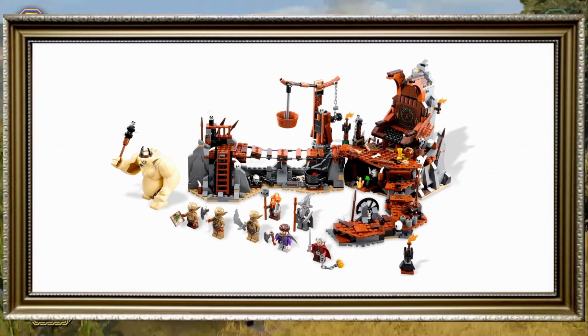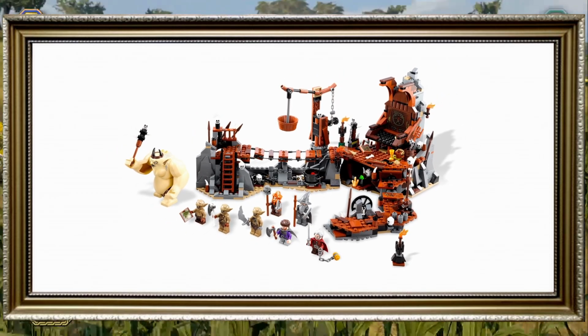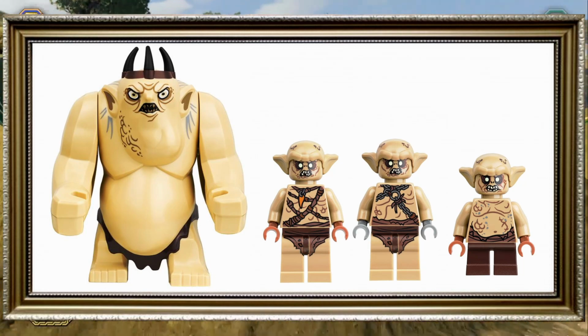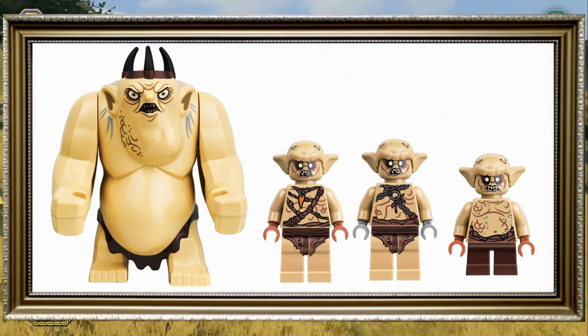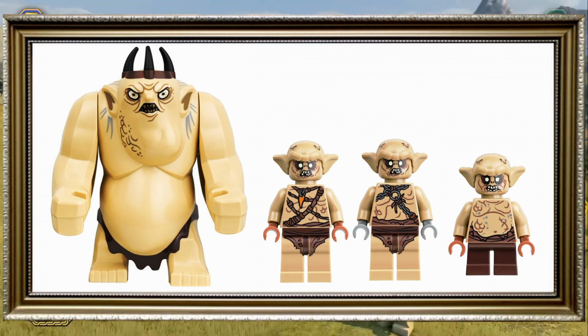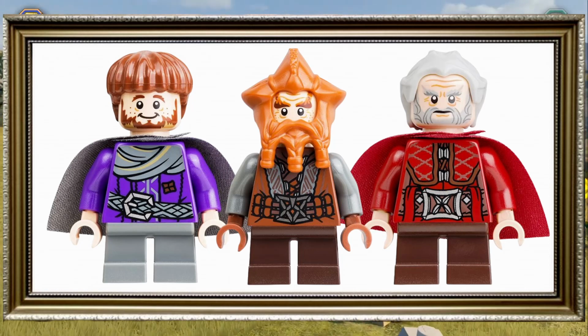Lots of bigger pieces here, lots of exclusive figures also. Adding on to that, we had a brand new big fig of the Goblin King who uses his own special little body mold. He also came with some pieces that built a little crown on him. The Goblin Soldiers and Scribe are really nice as well, and the addition of Ori, Nori, and Dori